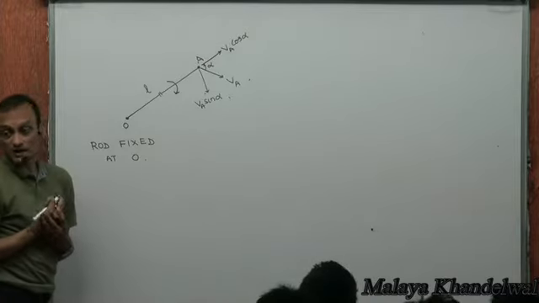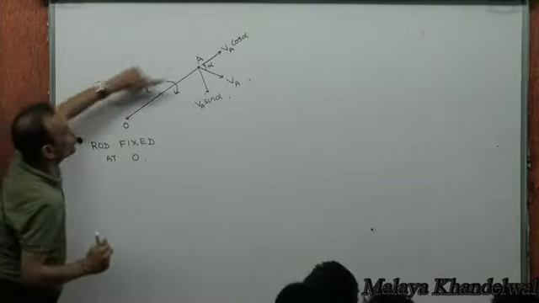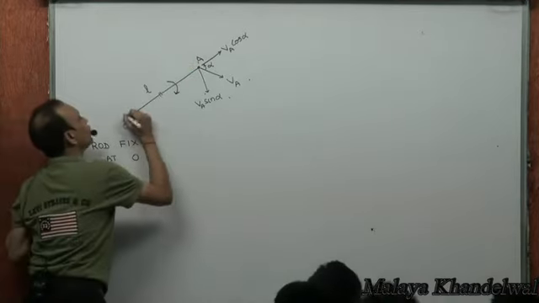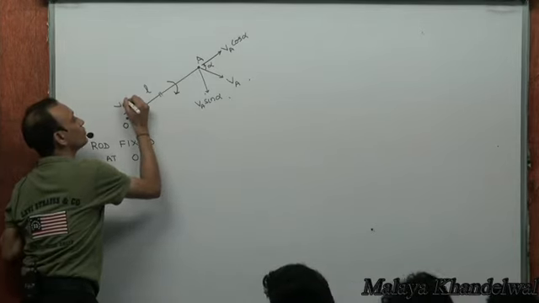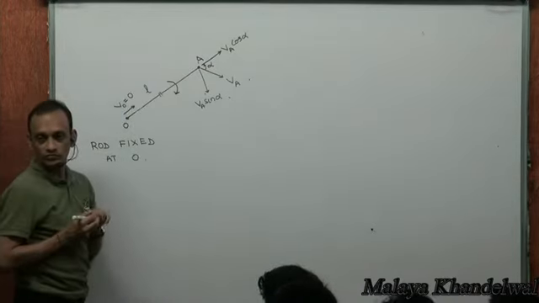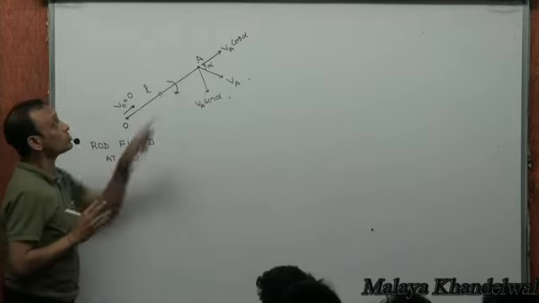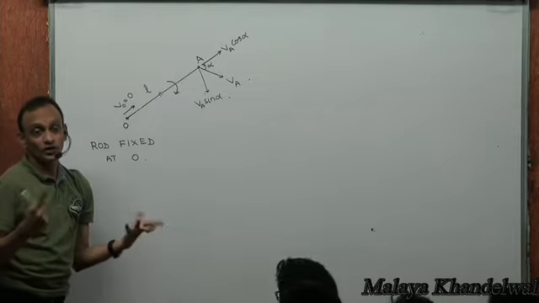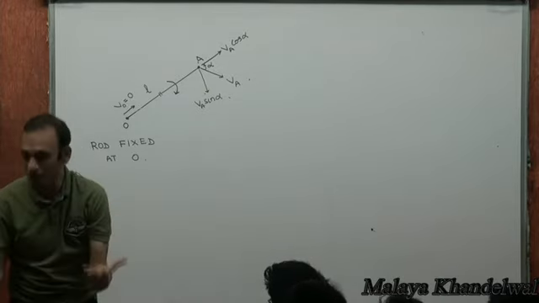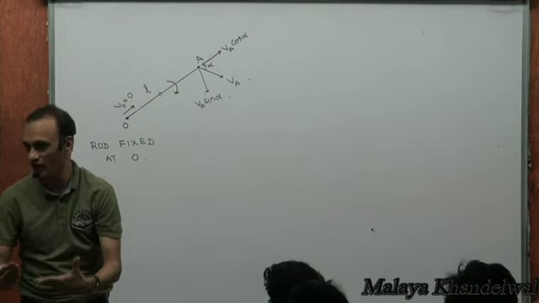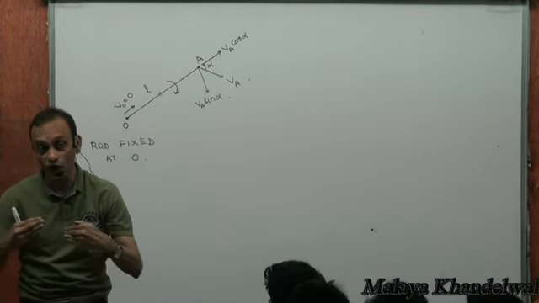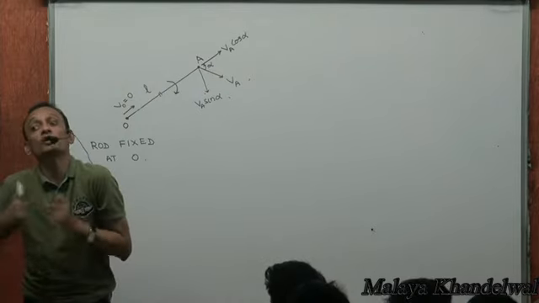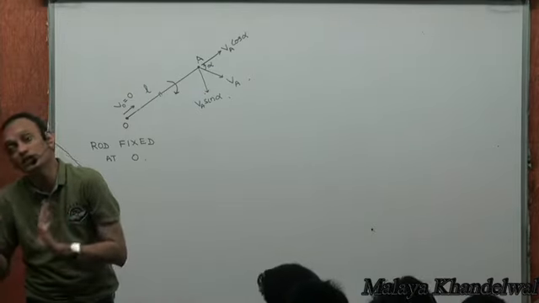Which means now, look at O and A. They are parts of the same rigid body. What is the velocity of O in this direction? 0, because O is fixed. Yes or no? So the velocity of A in the same direction must be 0. That's a rigid body requirement. Velocity components along the line joining any 2 points on a rigid body must be the same.